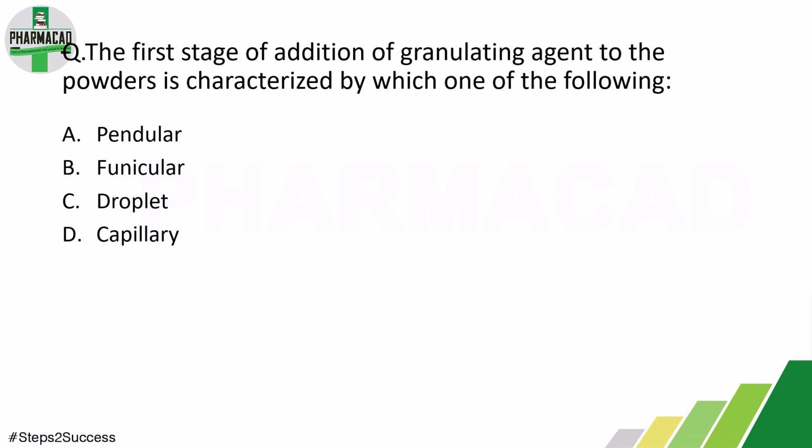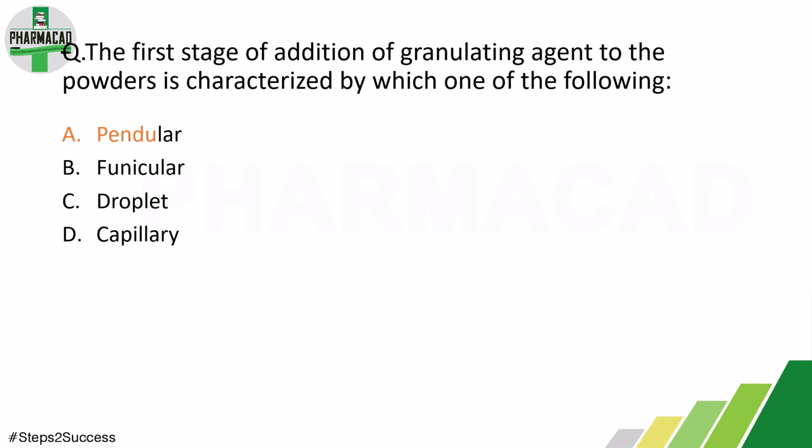Next question is the first stage of addition of granulating agent to the powder is characterized by which of the following? Option A, pendular stage. Option B, funicular stage. Option C, droplet stage. Option D, capillary stage. So the correct answer for the given question is